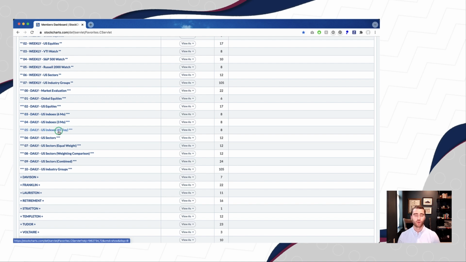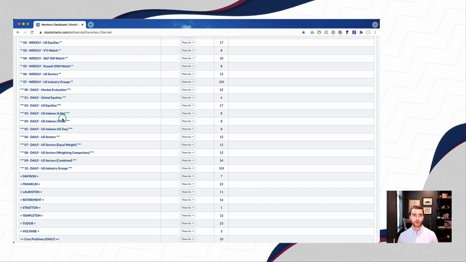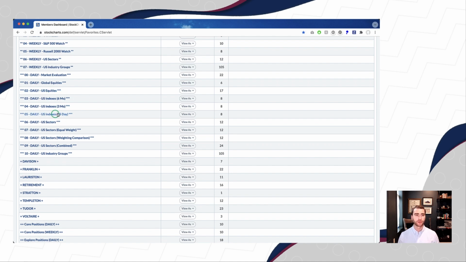Then I have a 1-minute 45-day view. So each bar on these charts represents 1 minute of trading activity, and it's over the last 45 days. So I can really drill into some of the intraday action as well. Again, though, from the top down. Hopefully that's coming through. From there, after I've completed my daily routines for the indexes overall, I can